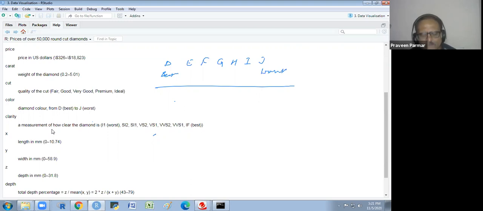Ordinal here means an ordered factor. Then there is the X variable, the length in millimeters, Y is the width in millimeters, and Z is the depth in millimeters of the diamond.